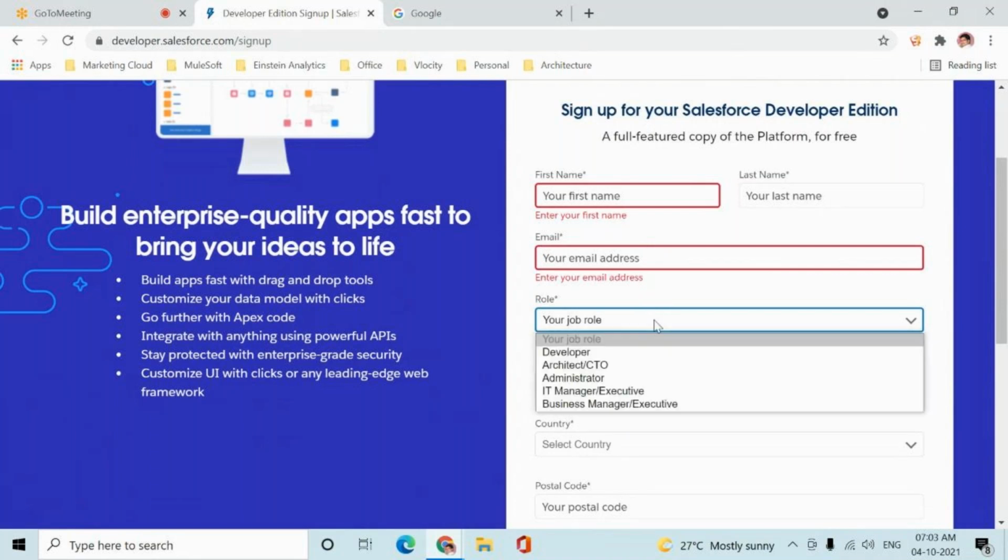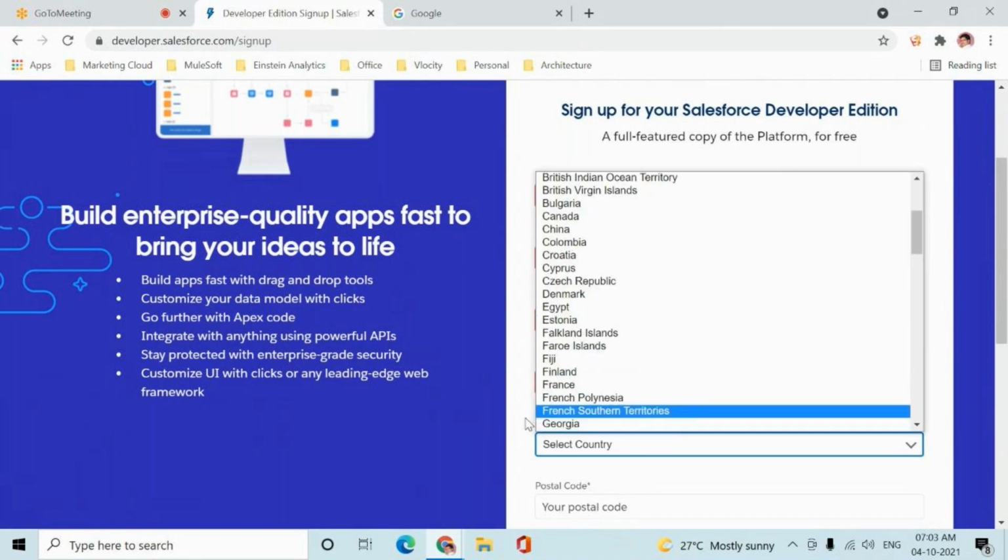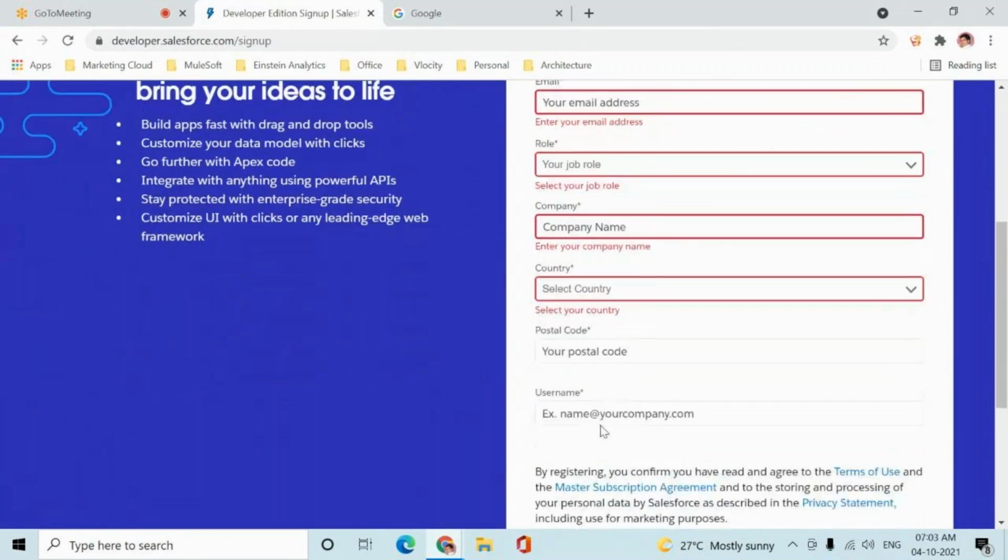You can choose anything. It won't ask you to provide any proof whether you are an administrator or an architect. You can choose a random role. You can give the company name, country, any country, postal code, and a username which must be in the form of an email.